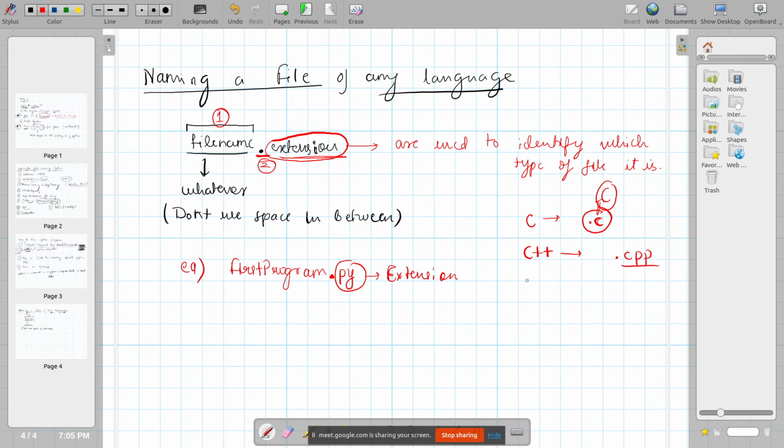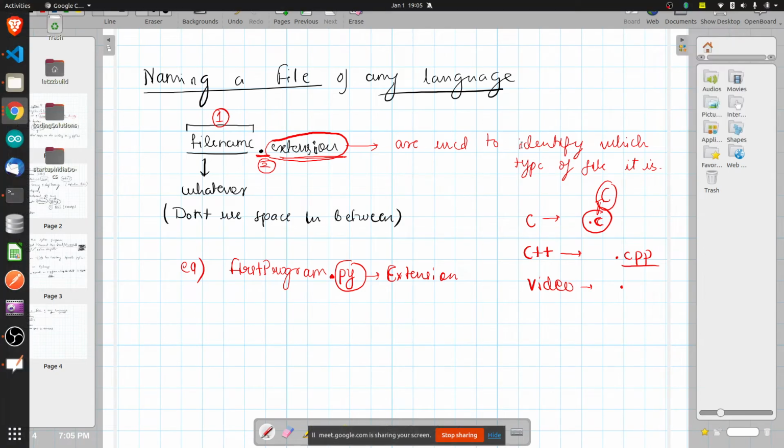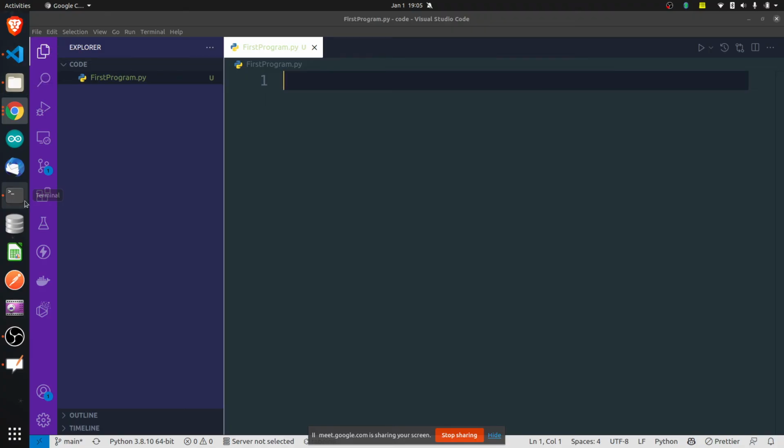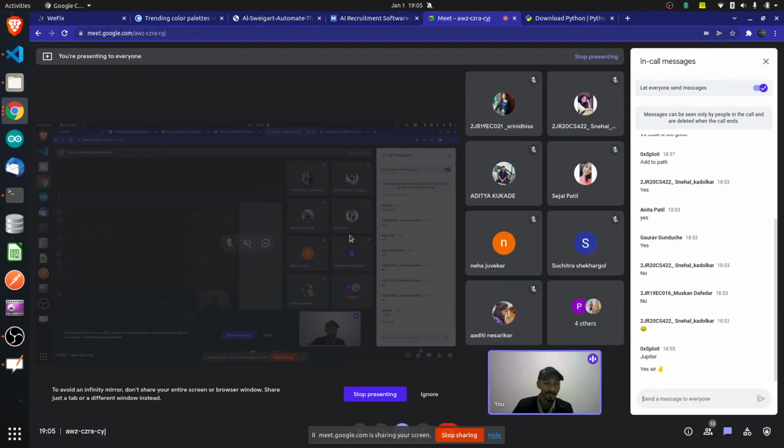If it is a video, which files will you see, especially for videos? Tell me, what will be the extension for video files? Come on, fast. You don't know? Seriously? Where are you people? I am searching for you people. Someone was saying MP something. Okay, there are lots of ways, MKV is also there, lots of them are there.